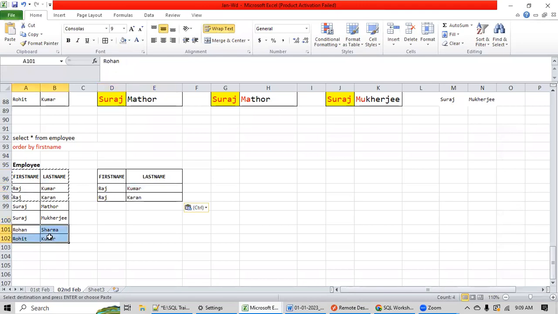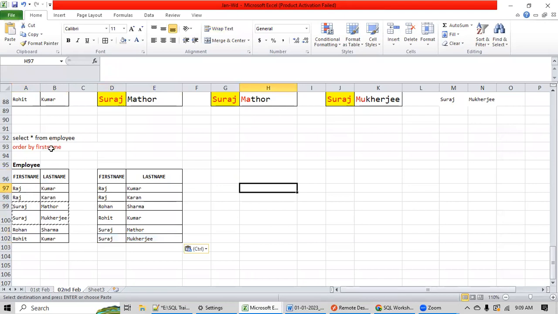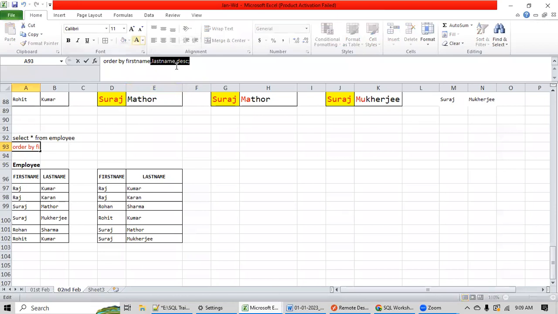Raj, and then you will be having... okay. If I'm talking first name ascending, this will be the output. Are you convinced so far? Yes, I'm convinced. Now after this, if you have written this, the meaning of this